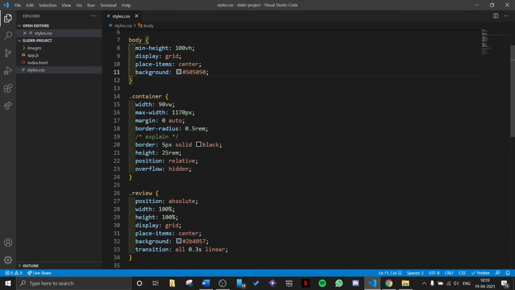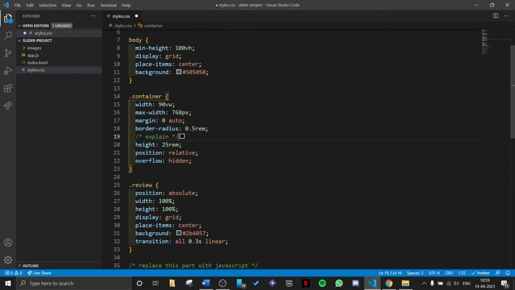And then in the container we will change max width to 768 pixel, a bit smaller, and then height will remain the same, everything else will remain the same, border radius, and we will delete the border because we did not need that, we just needed that to explain how things were working.